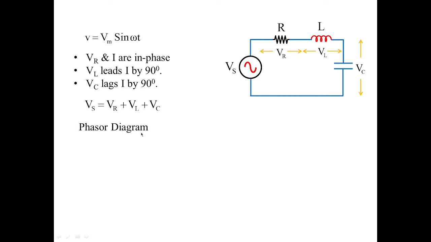So the phasor diagram can be derived from this analysis by taking current as reference and taking the resistive voltage which is in phase with the current, and the leading voltage and the lagging voltage in this direction, and taking the Pythagoras theorem, obtaining the value of total voltage, that is this orange arrow, as Vs,